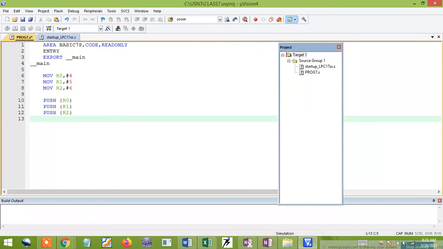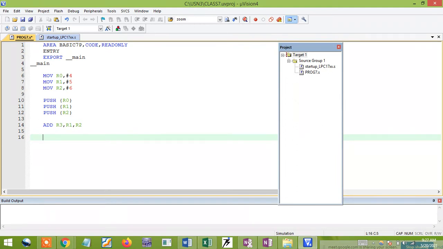Next, after pushing, I'll do some operation. For example, I'll do addition into R3 by taking the values of R1 and R2. Once the operation is over, I want to get back the register values.